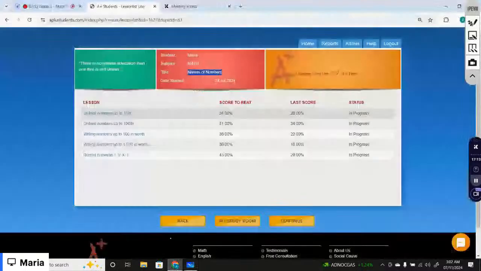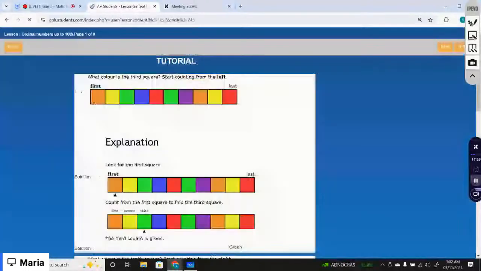So here I'm on grade 2 math. The chapter we're going to start with is names of numbers. Let's start with the first lesson, that is ordinal numbers up to 10th. Which color is the third square? Basically,